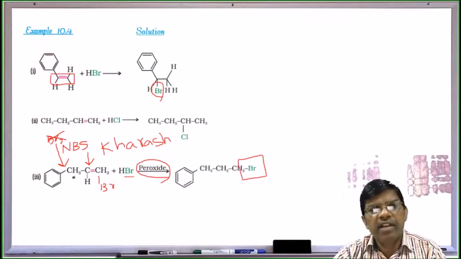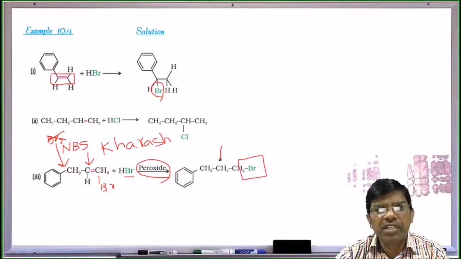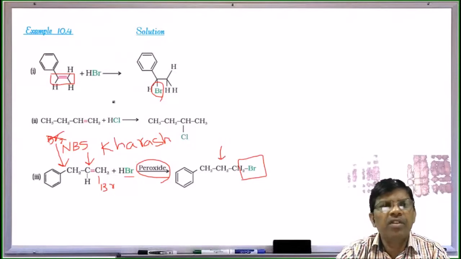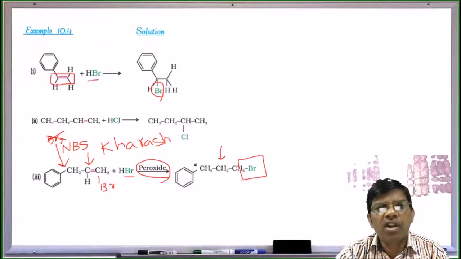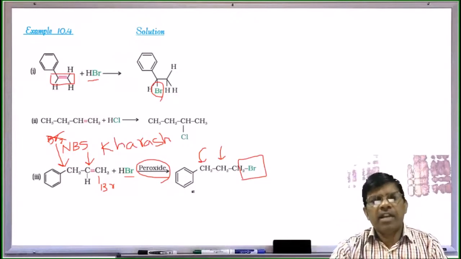It is very important, students. So if I want to make bromine at this position or at this position, the Markovnikov's product, you have to use only HBr. If I want to make bromine at this benzylic position without disturbing the double bond, I have to use N-bromosuccinimide. Or you may be given bromine in UV light, then also it gives benzylic bromination, but there is a chance of getting a mixture with aromatic bromination.